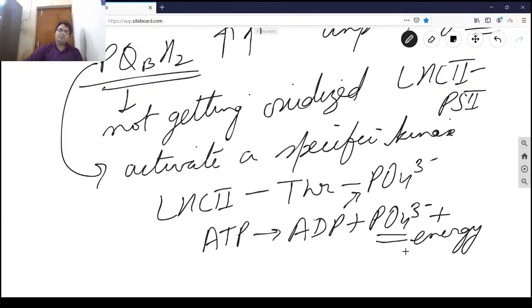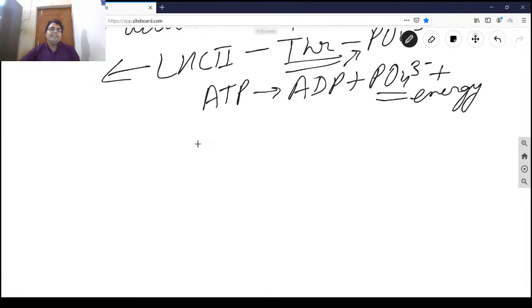So that is what kinases do. They phosphorylate compounds by using the phosphate group from ATP. From where will they find the phosphate group? From ATP. Now, once this LHC2 has been phosphorylated at the threonine residue, it will change its